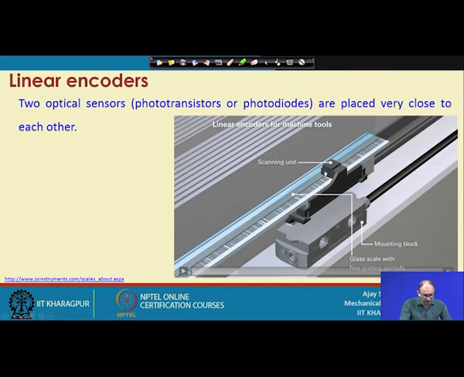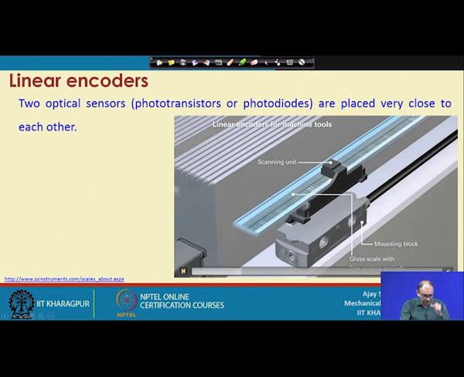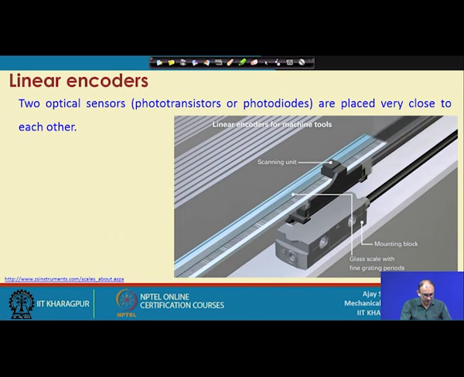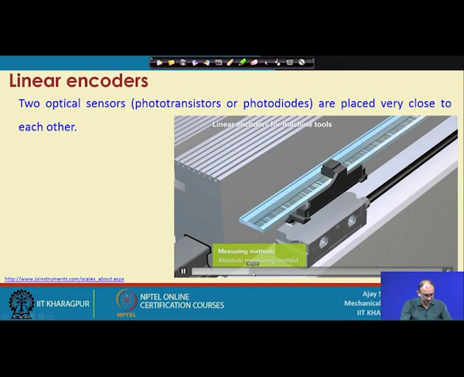So, this is the scanning unit that is available, this is the mounting block, because you have to mount this, and you have to make sure that when you are machining, because you are using a coolant also, many chips are coming which are very hot. So, to protect this, everything will be completely covered by a metallic cover, so that nothing from outside will create any problem with the measurement unit. So, this is the glass scale with a very fine grating on top of it. This we have seen already.